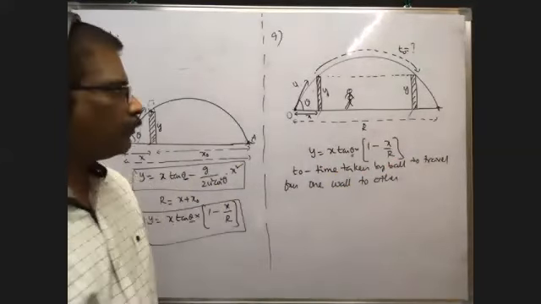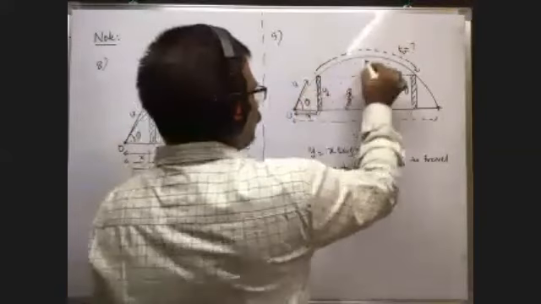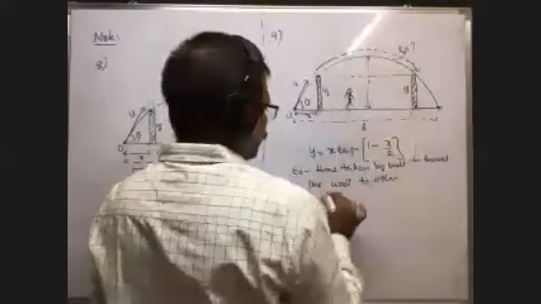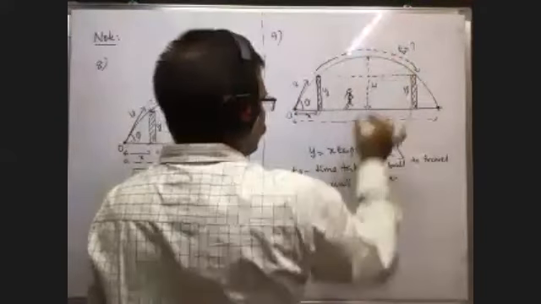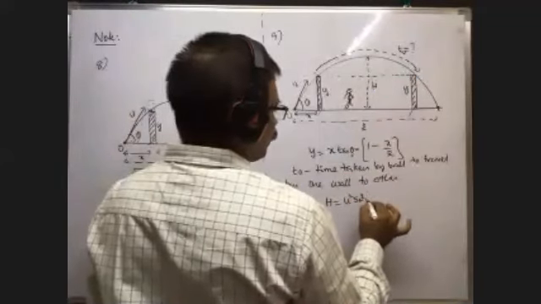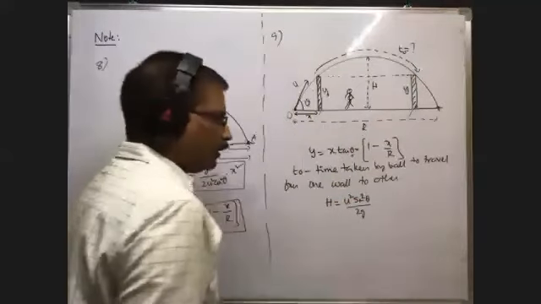Okay. Here, when the ball is projected with a velocity u at an angle of projection theta, the maximum height reached is known now. The maximum height reached by the projectile, capital H, is equal to u squared sin squared theta by 2g. If you know the u value and theta value, you know this maximum height reached.